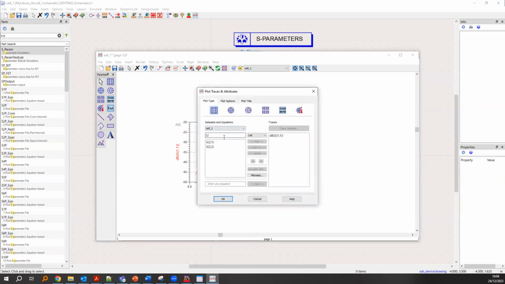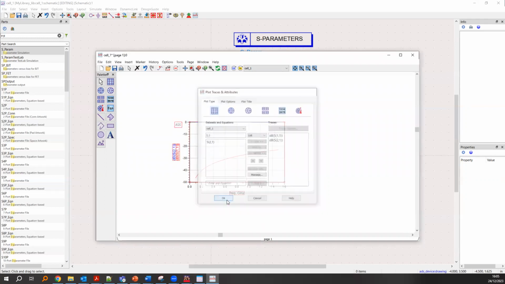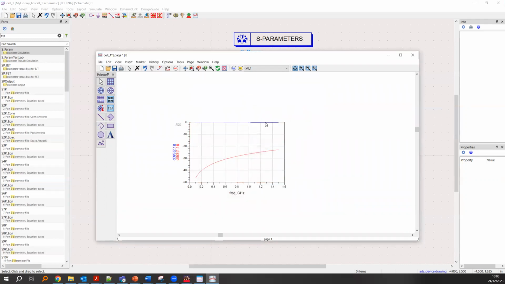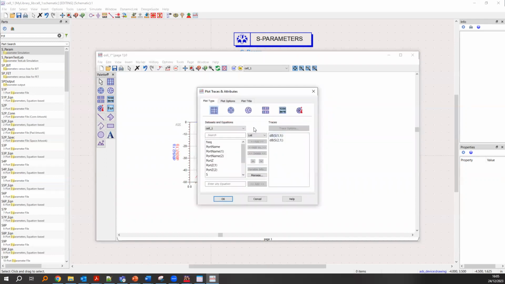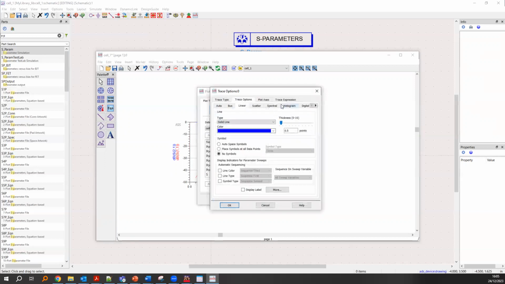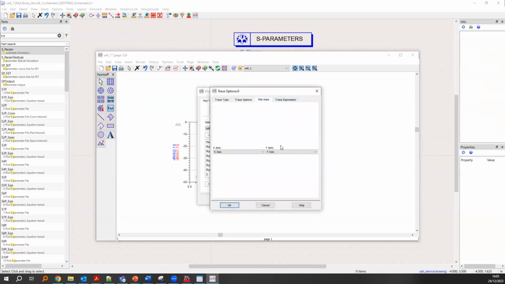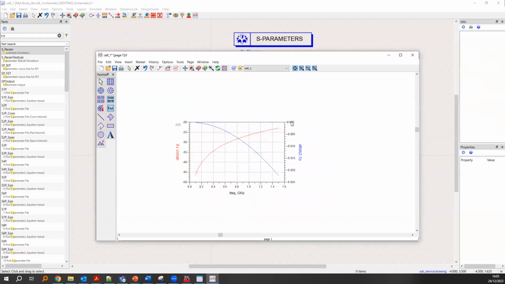Now we can add our forward transmission, or the S21, and we also add that in dB. And you can see that the line is very close to 0, we cannot really see it. So one good way of doing that is to go into your line and change your plot axis to be the right y-axis. And that way you can see your forward transmission on a very, very fine scale and the S11 on a